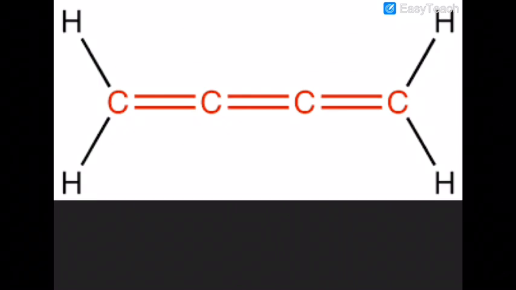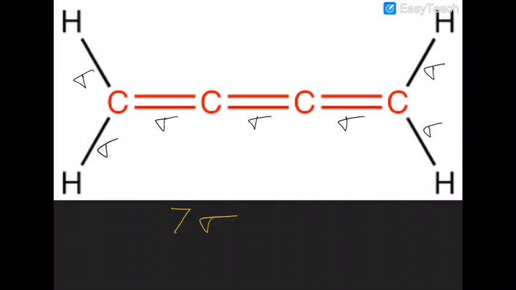Now here also you are able to understand how many sigma bonds. So here what is happening? Just draw the numbers also. 1 sigma, second sigma, 3, 4, 5, 6 and 7. So there are 7 sigma bonds. How many pi are there? 1, 2 and 3. The answer is 3 pi bonds. Are you sure? The answer is very much sure.